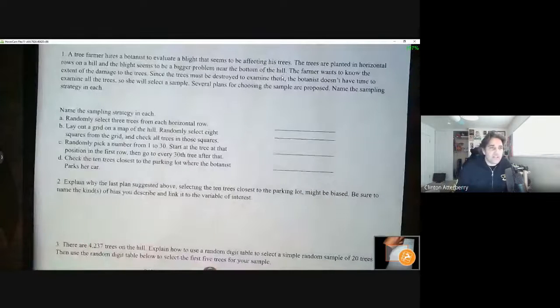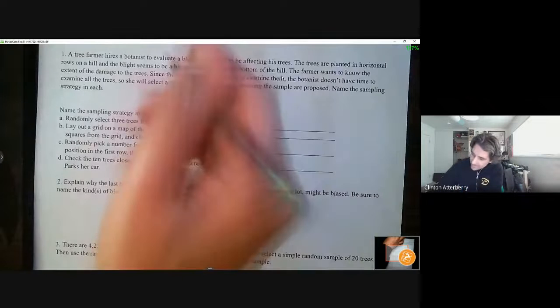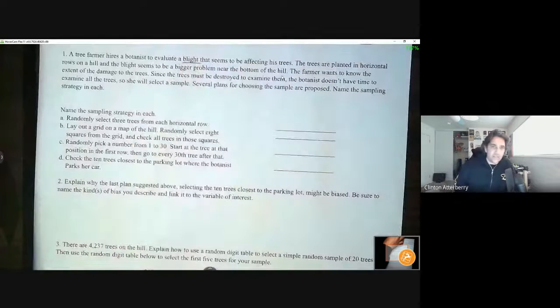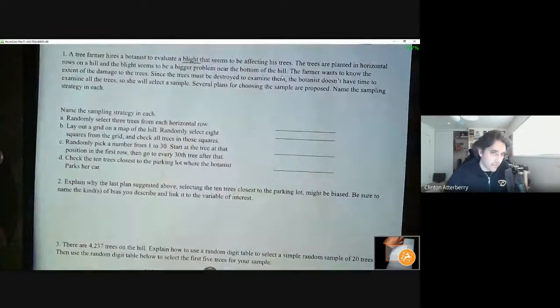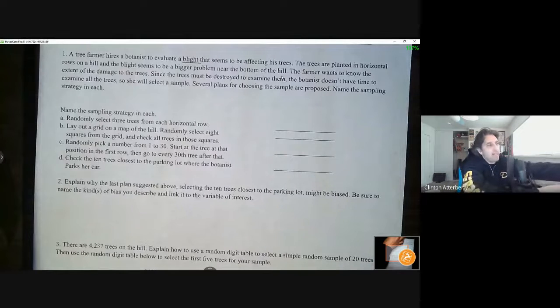So I'll read this out for you guys. A tree farmer hires a botanist to evaluate a blight that seems to be affecting his trees. Now, blight is a cool word. I had to Google it. I've heard it a bunch, but I never really knew exactly what it meant. A blight is basically a disease that a plant can get, usually caused by a fungus or something that affects plants and kills them. So this farmer hires a botanist, which is a professional in plants, to see what's going on